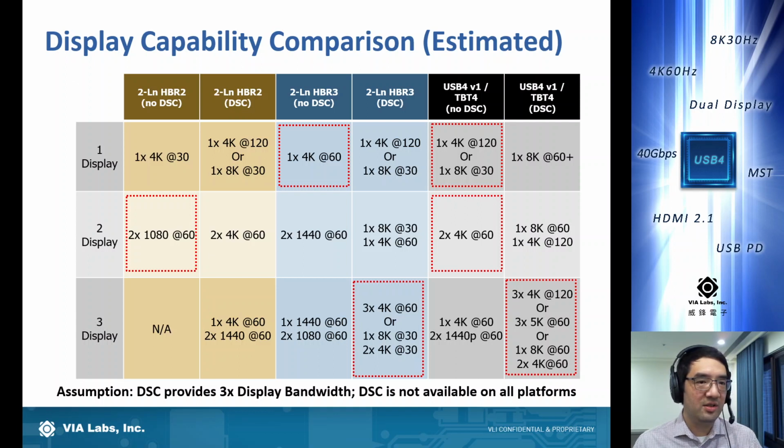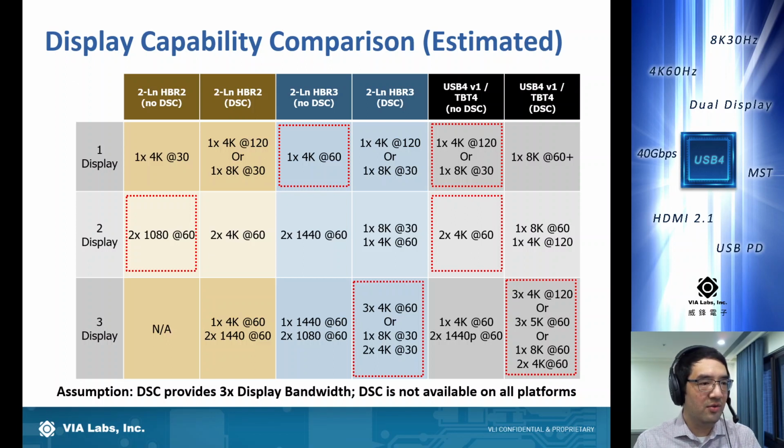So we think that displays are actually one of the biggest drivers for USB 4. We've created a chart here. It's a rough estimation just to see what we could do with 1, 2, or 3 displays. We've taken USB 4 in black on the right, and we're comparing it to 2-lane multifunction DP: 2-lane HBR2, or DP 1.2, and 2-lane HBR3, which is DP 1.4. We compared these use cases with no Display Stream Compression, so uncompressed, and then also with compression.